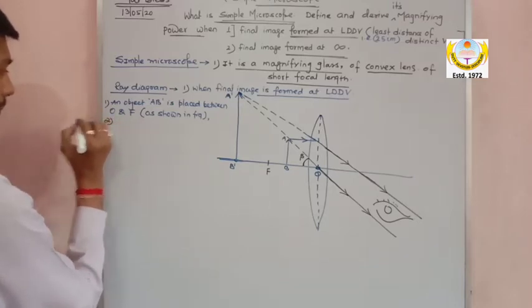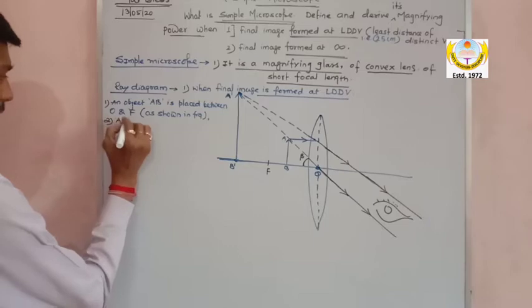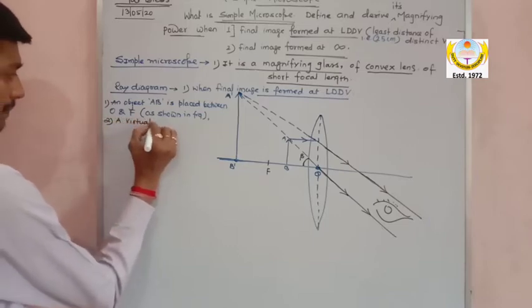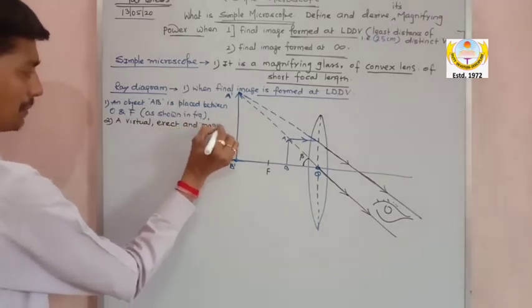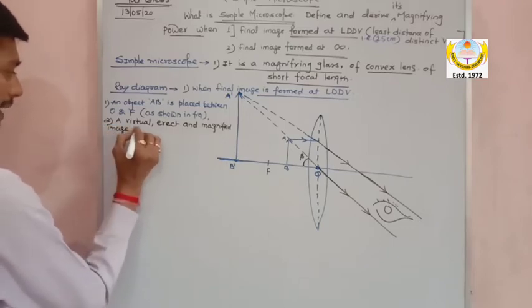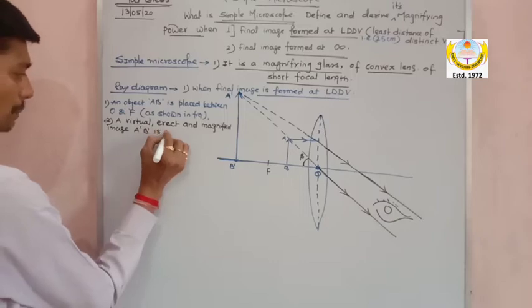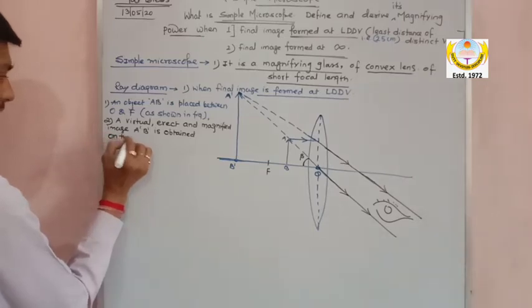Now my dear, when I go for point number 2, you can all see there is an image, and the image is virtual, erect and magnified. So I can find this virtual, erect and magnified image A dash B dash is obtained on the same side of the object,